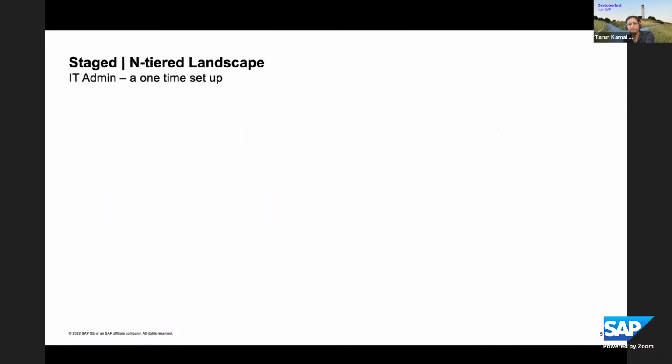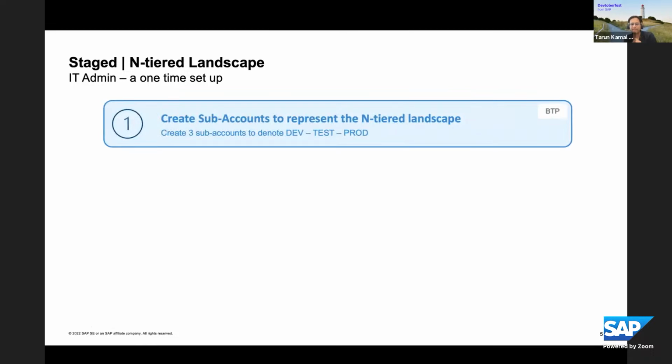Before we quickly step into a demo, just to let you know, there is definitely a one-time setup that is ideally needed to set up a staged landscape. Of course, the first step, if you think of it from an SAP BTP point of view, you need to create sub accounts that represent your stage or an entire landscape.